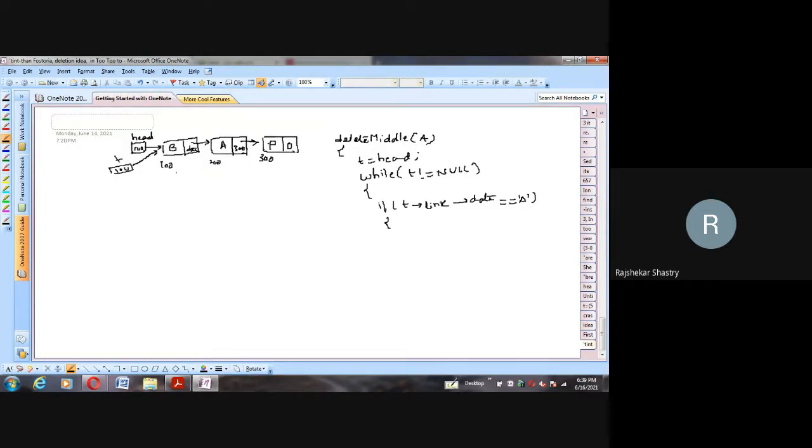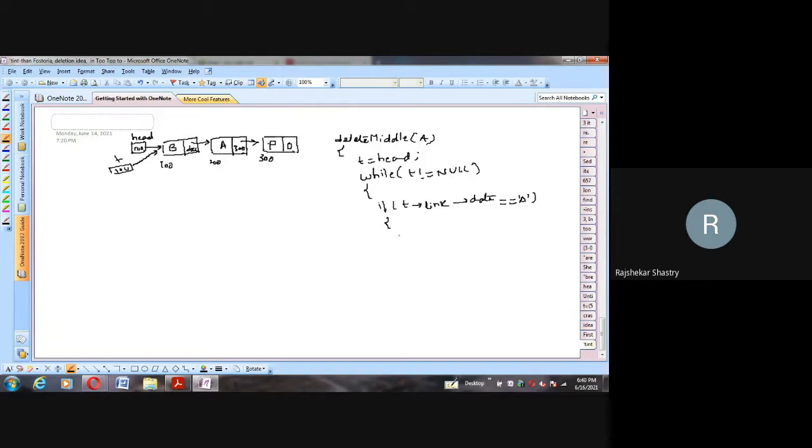Okay. So now we are here at the head node. That is, T is pointing to the first node, and T is of course not null because it is 100. So it will get into the body, and in the body T arrow link. First of all, T is the node called B, and arrow link means B's link portion, which is holding 200. So that means T arrow link is pointing to A, and if it is equal to A, then we have to perform the deletion. Of course, it is equal to A, therefore we have to delete that node. But remember, we are not standing on A, rather we are standing one node before, that is, we are standing on B. Now we got that desired node.